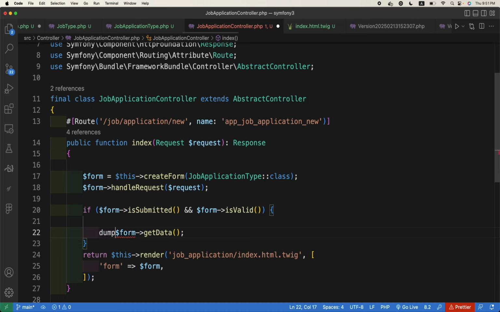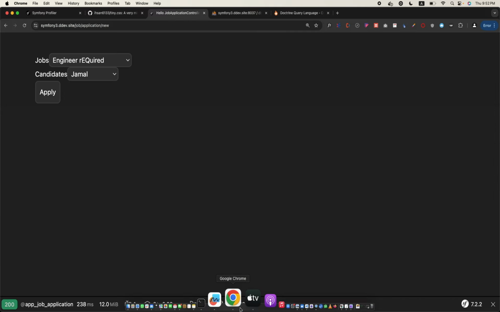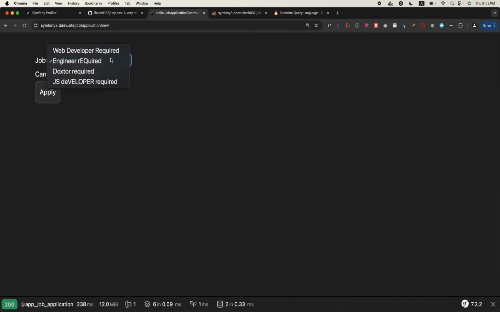What do you expect this dump to be? Or maybe DD, because this is not a loop. What should it be if I dump it now? If I select, for example, engineer required and Jamal and apply, what do you expect in the data? Would it have two IDs or objects? Objects, sir, because Doctrine is making it all objects for us. Okay, so if I submit it,